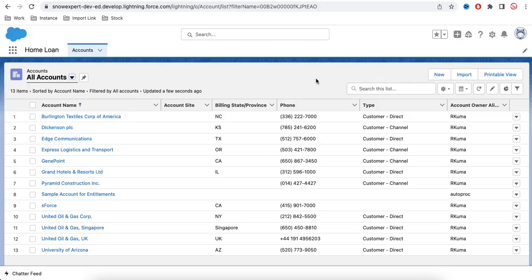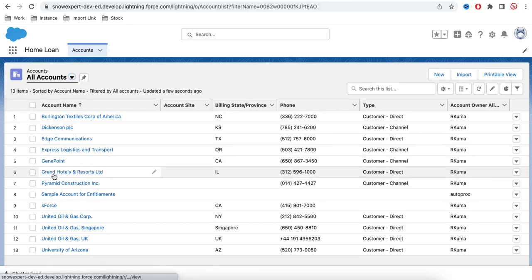So in the previous session, we talked about that home loan application. We created a particular application. We created or selected an item called accounts. Now today we'll talk about objects. Objects are very important in Salesforce because an object is nothing but a table where all your data will be stored. One is the object or item that we selected called accounts in our last session, and these